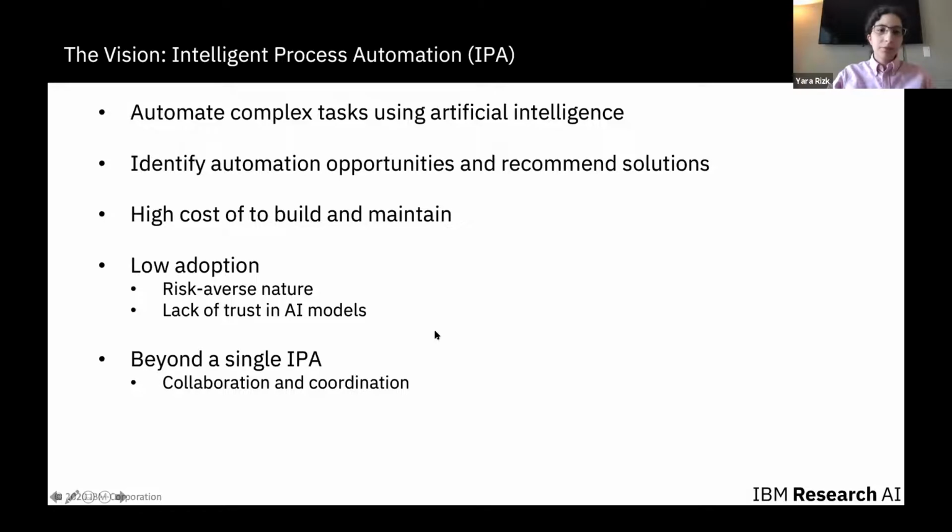2 minutes left. So moving into the IPA realm, there are a few problems that need to be solved that include not just automating simple repetitive tasks, but also automating more complex tasks. We need to reduce the cost of building and maintaining these solutions. We also need to make sure they are trusted so that these risk-averse enterprises will be more likely to adopt them. And we also need to make sure that they can collaborate and coordinate,